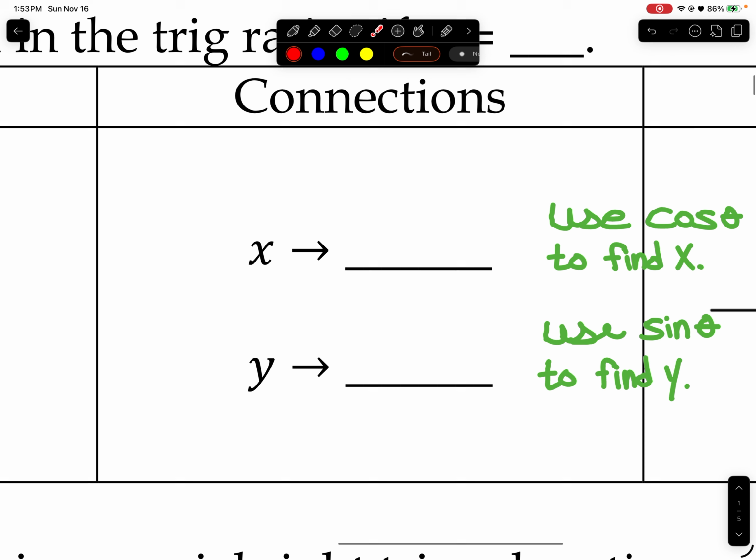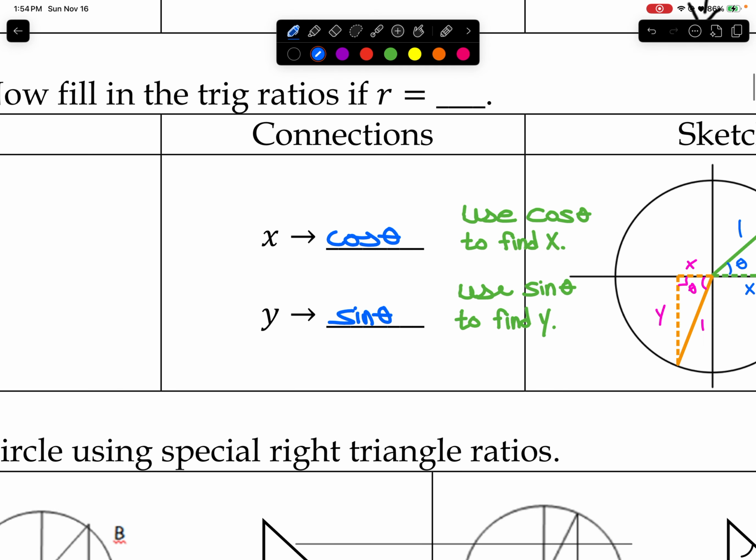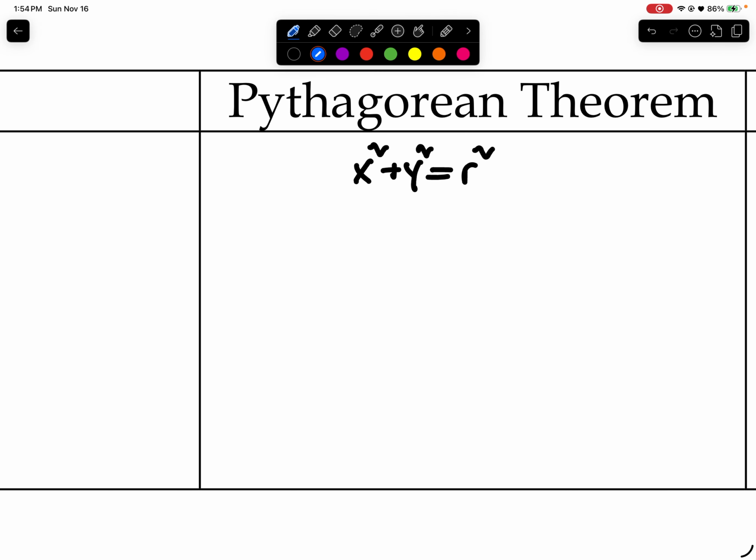So over here, if I'm ever using an x value, we're going to reference cosine of theta. And if I'm ever referencing a y value, we're going to use sine of theta. So knowing that, now we're going to come back up here to the Pythagorean theorem. So if I know my x value is the same as cosine, and I know my y value is the same as sine, now I'm going to fill these in. So we're going to have